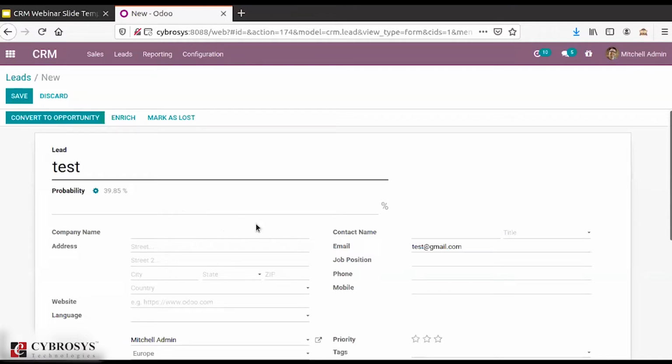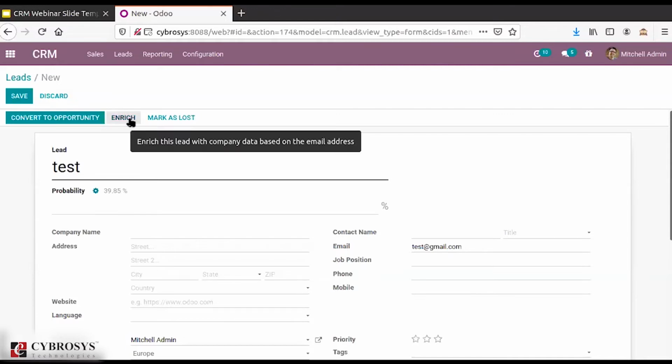And what you can do is just enter the email address in that. With a business card you would have the email address, but you don't know the exact details about the person. So you can just enter the email address over there, and then click on the enrich option.